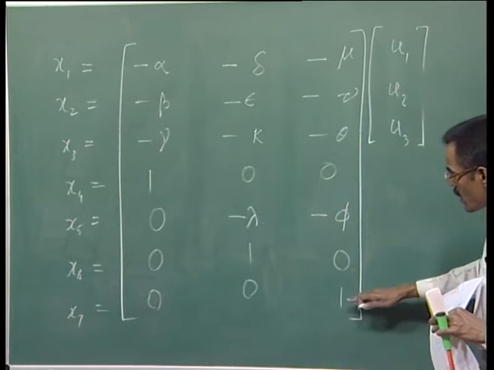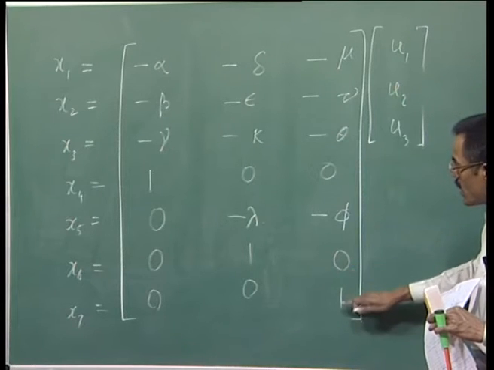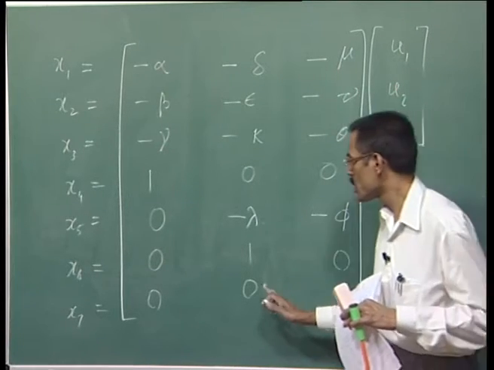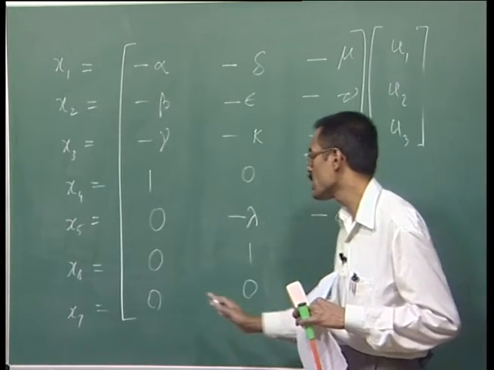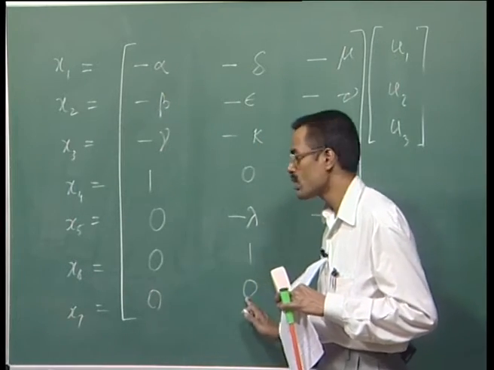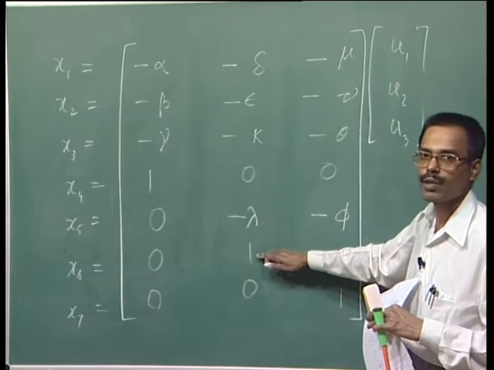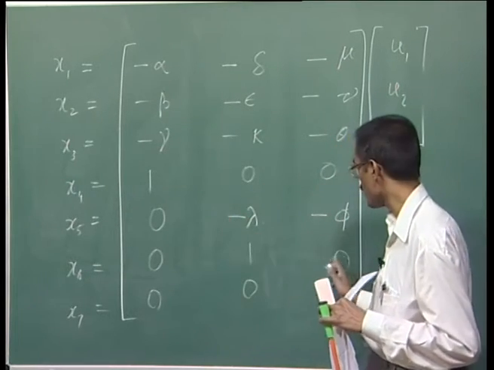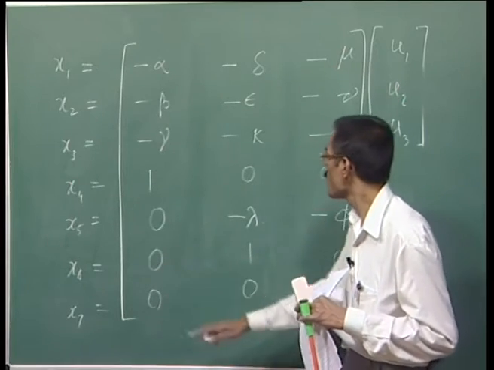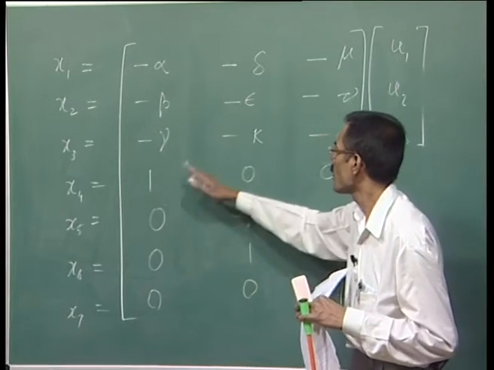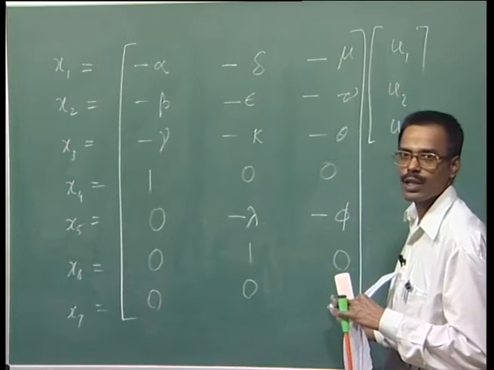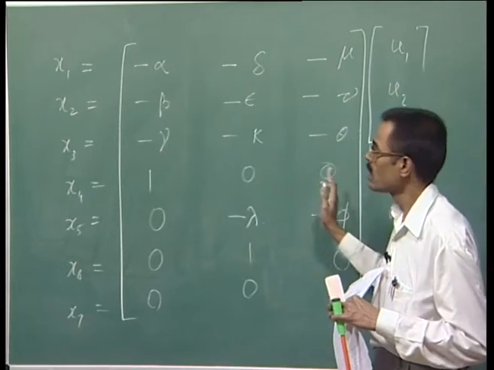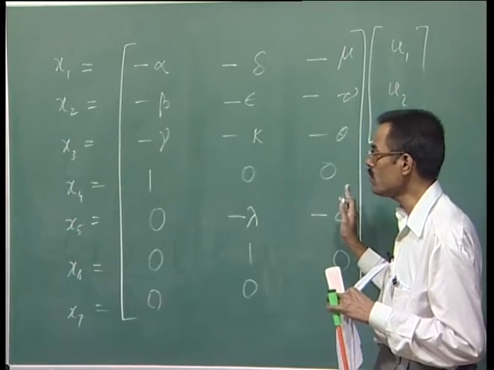That linear independence shows here. In the third one, there is a 1 in the 7th location, which cannot be found by any linear combination of these 2. Similarly, here a 1 is found in the second one, which cannot be found by any linear combination of the others, because others have zeros here. Okay. Similarly, here this cannot be found by any linear combination of the other 2 rows. That shows that these 3 are indeed linearly independent.